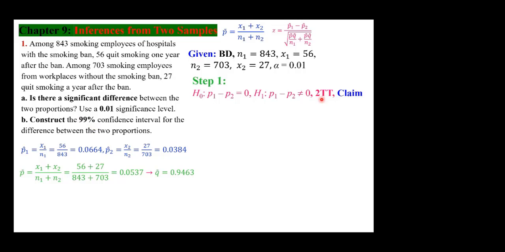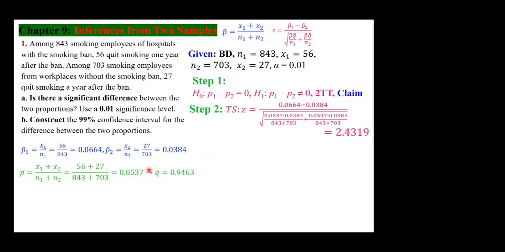So again, it's a two-tailed test. Alpha of 0.01 corresponds to 1 minus alpha, or 99% confidence interval. By the way, you can write P1 equals P2, in which case you're going to write here P1 is not equal to P2. All you have to do, just pay attention and be consistent. We're going to calculate the Z for test statistic. That's why we did all these calculations, so we can plug in. As you can see in this formula, we need all of those. Plug in,